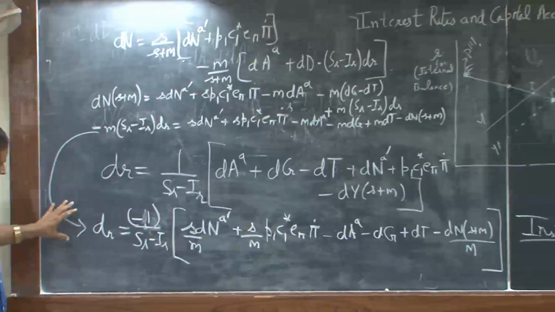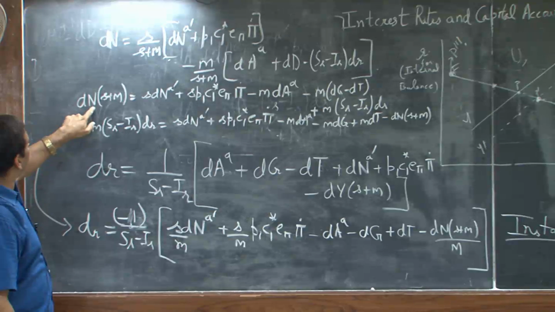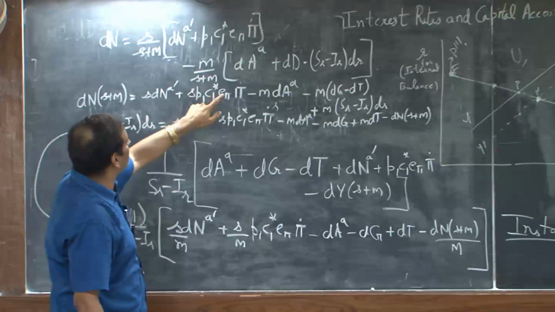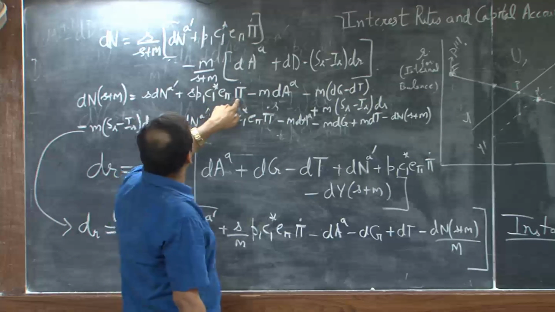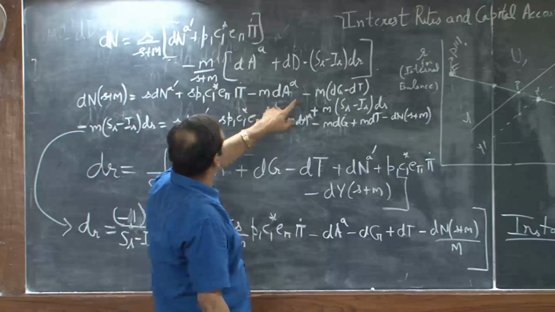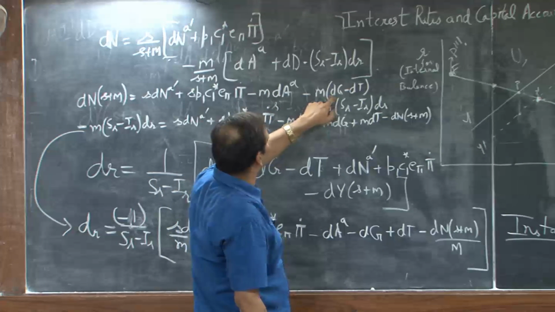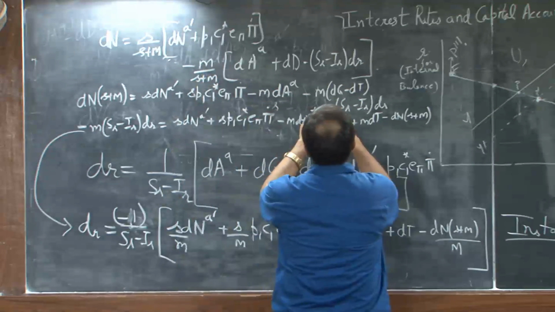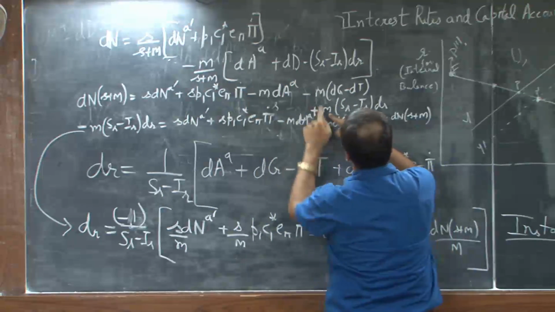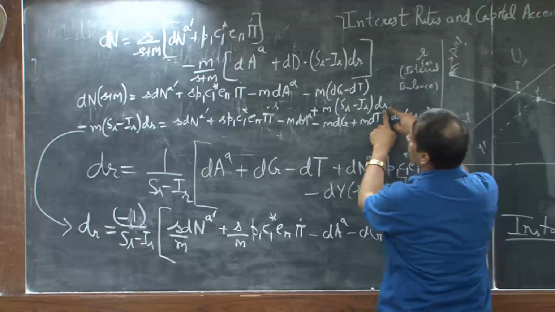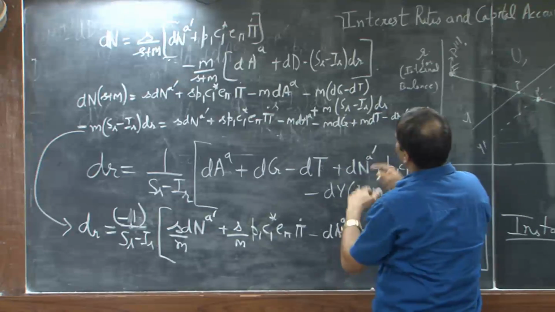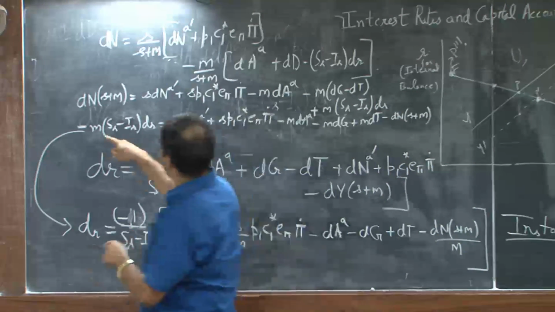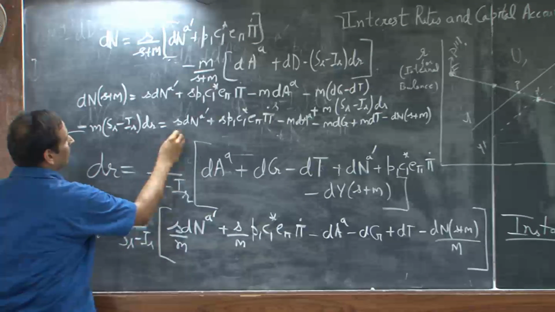Now look, dn is s plus m times s dna dash plus s p1 star c1 star e pi pi dot, minus m daa, minus m dd, which is dg minus dt, plus m sr minus ir dr. So if you take this term on the left hand side, minus m sr minus ir dr, and these remain as they are,